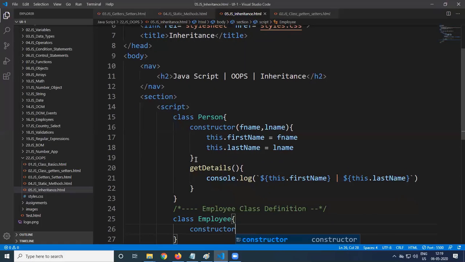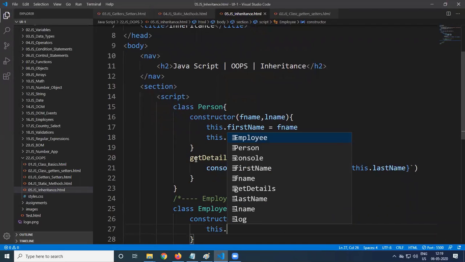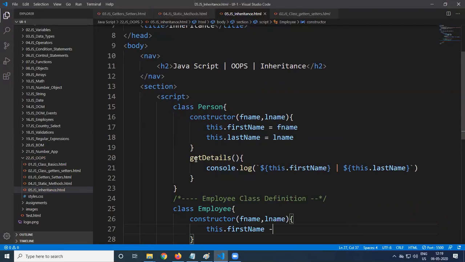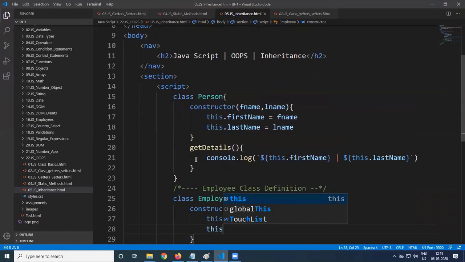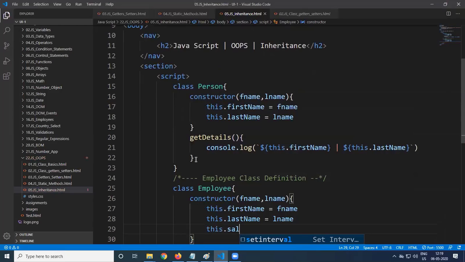So we will say constructor with first name, F name, L name. Then this.firstName is equal to F name, this.lastName is equal to L name, and this.salary is equal to sal. So one more parameter to be defined, sal. So we defined a constructor.